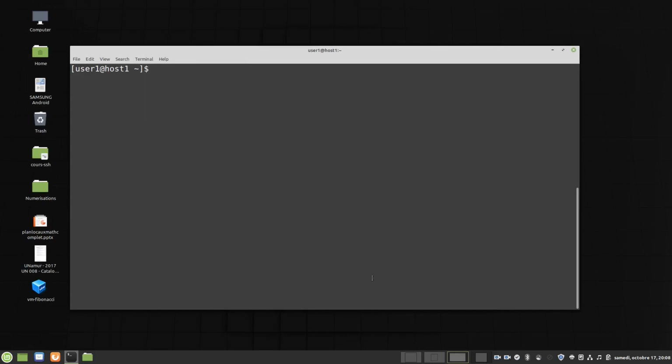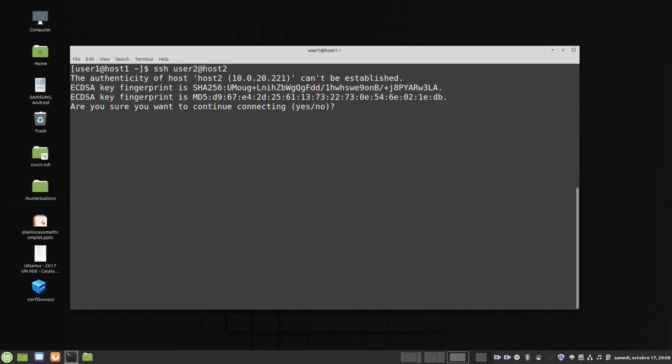Example: I am user 1 on host1 and want to connect to host2 as user 2. So I will type this command. The first time I connect to host2, I will receive its public key. Then I have to type the user 2 password.